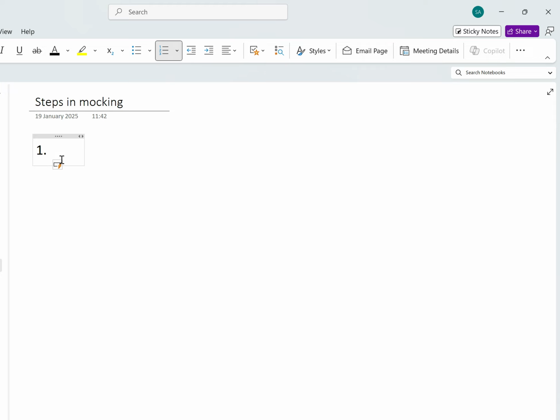The first step is you should be stubbing the dependent class. Stubbing in the sense, replacing the real object with the mocked object. Okay. Next,